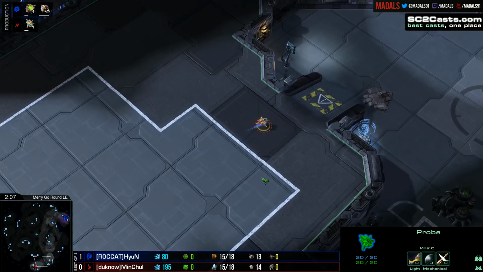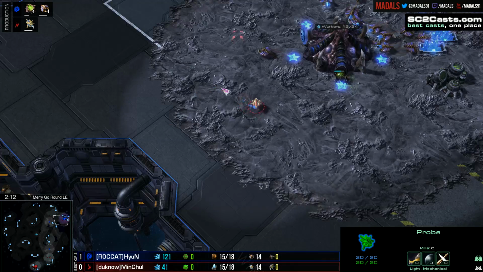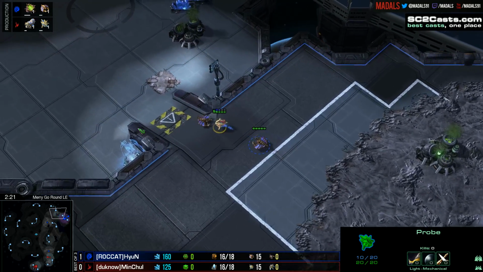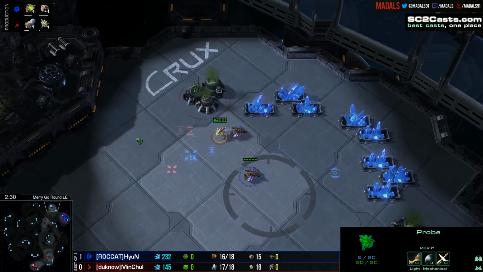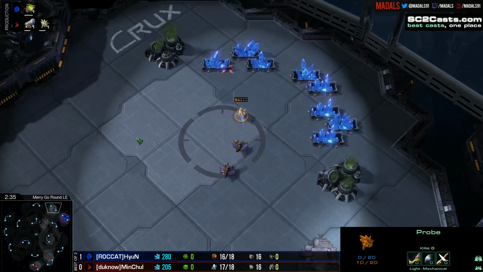So he could be going for Nexus first. He could also be going for the Forge first. It's going to be the Forge. Leaves the potential open for a cannon rush, if wanted. 2 drones getting pulled. Natural base for HyuN is going to be on the card shortly. The probe going to be doing as much as it can to just block it up for the time being. HyuN in no rush. That's why he's brought the 2 drones down, just so he can try and deny this